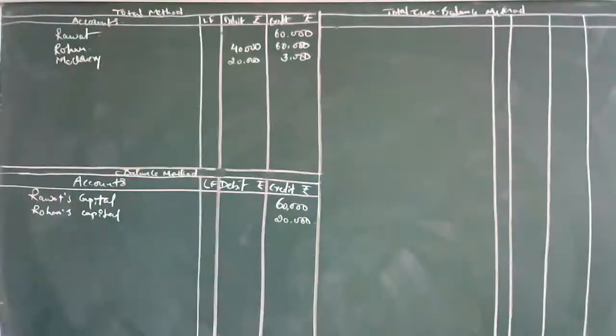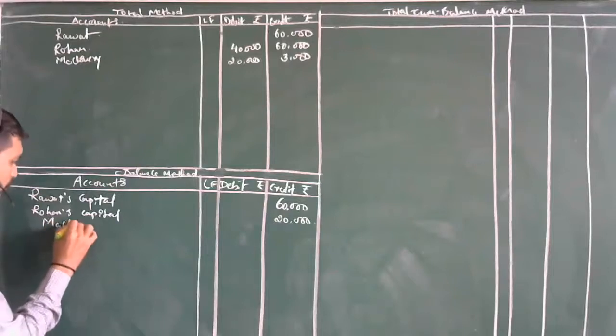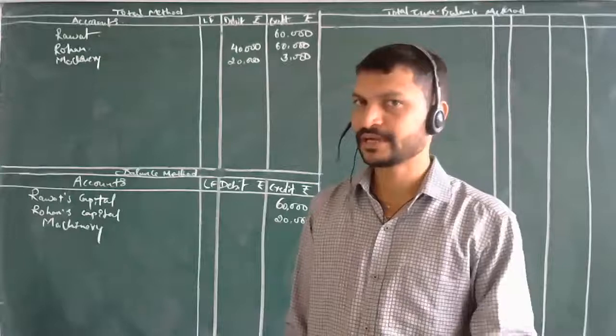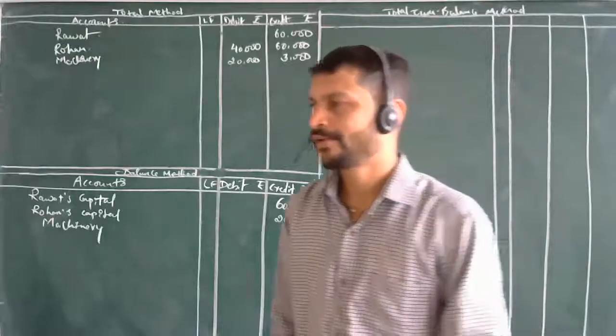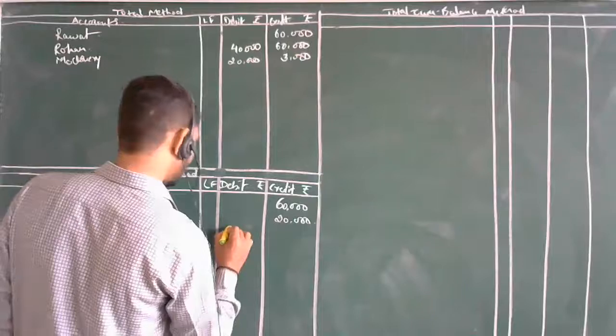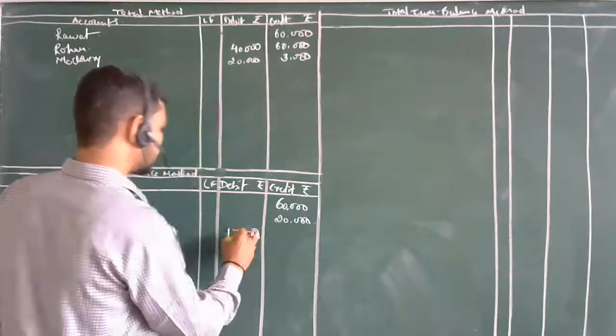So then next one, machinery. What will be this amount? 17,000. The question arises, how did you say 17,000? The depreciation is there, no, that we have to minus from the total. So always the depreciation will be removed out. 17,000. Okay, done. Come to the next point.